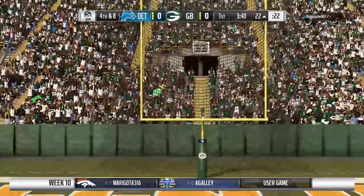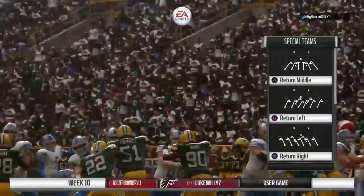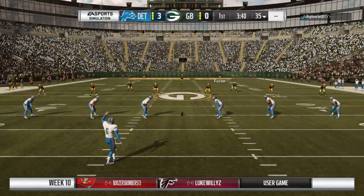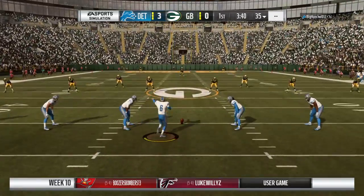And Prater's kick is on the money. It's good. And the Lions are going to take a 3-0 lead. So a good kick there. They put the bow tie on it with 3 points. And let's face it, everybody wants a